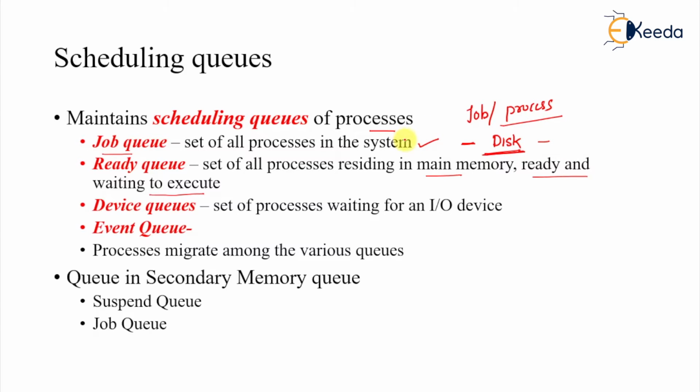So we have the set of all processes, and it resides in the disk, whereas the ready queue is the set of all processes residing in the main memory and ready for execution. We have already seen the block state, and for that we have a device queue, the set of processes waiting for IO devices. We also have an event queue, for processes waiting for some event to happen, such as